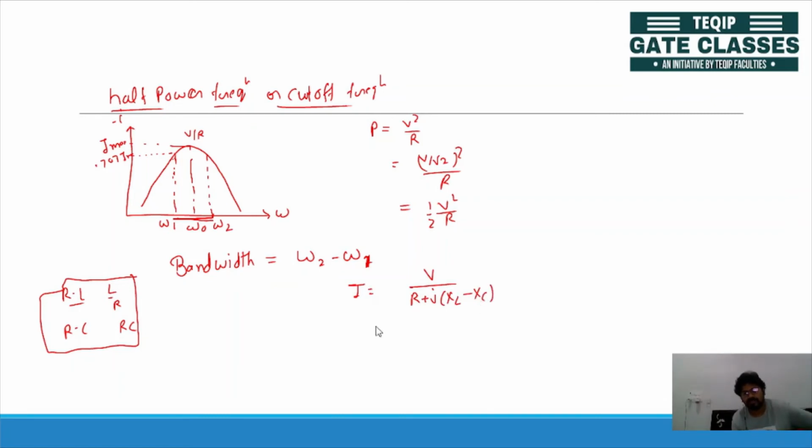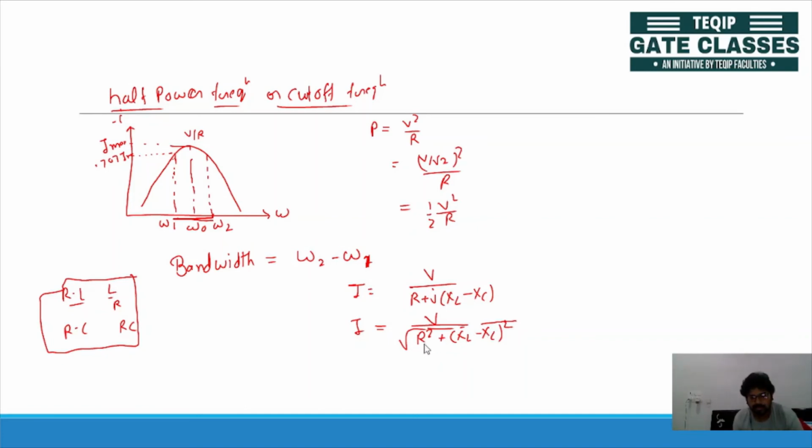If you take the magnitude, then you will write it as V upon the square root of R square plus (XL minus XC) square. Okay, so if you want the current to be Im by root 2,